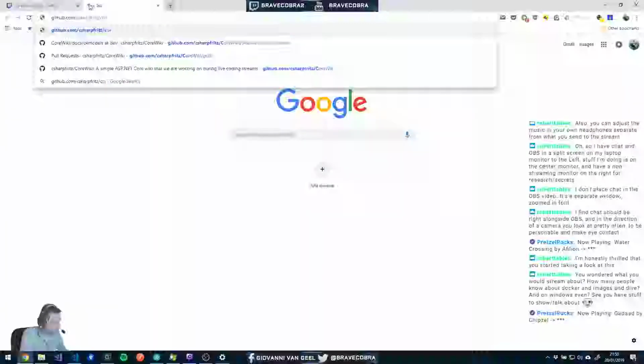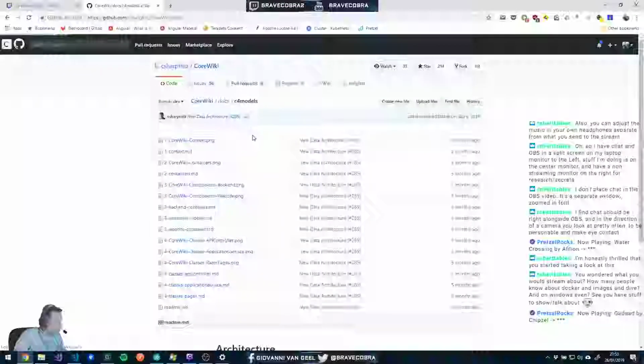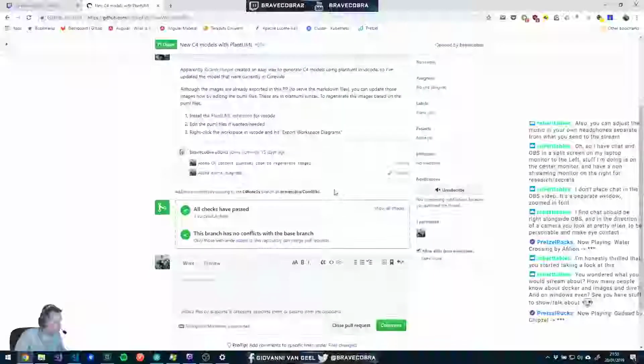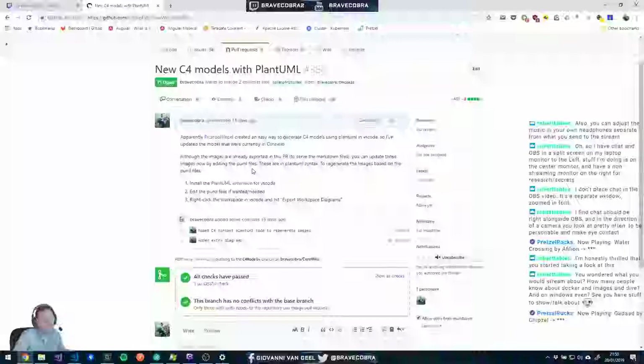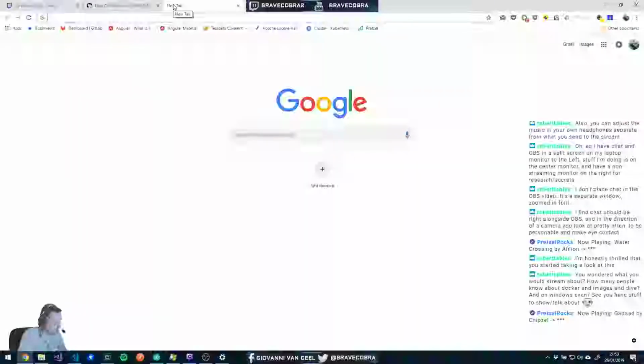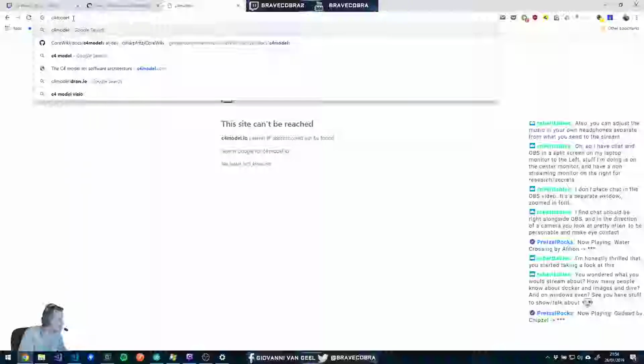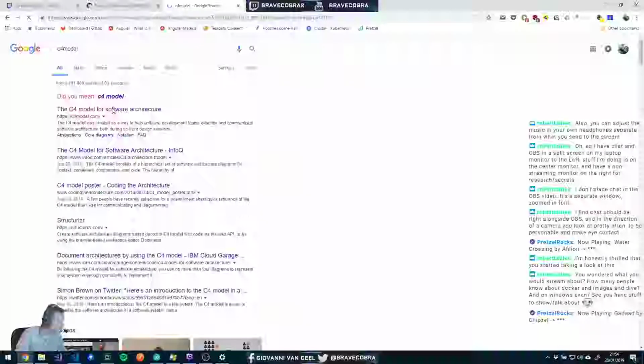repo on the core wiki one, where I did a C4 models thing before, and the one that I added was the one that I was generating with the PlantUML extension together with the C4 modeling, which is basically, let's see if I can wrap that one. I think it was c4model.io. No, it wasn't. So c4model.com apparently,